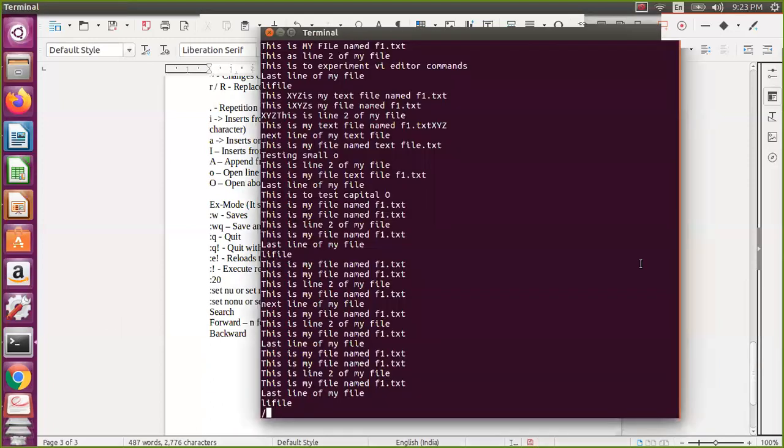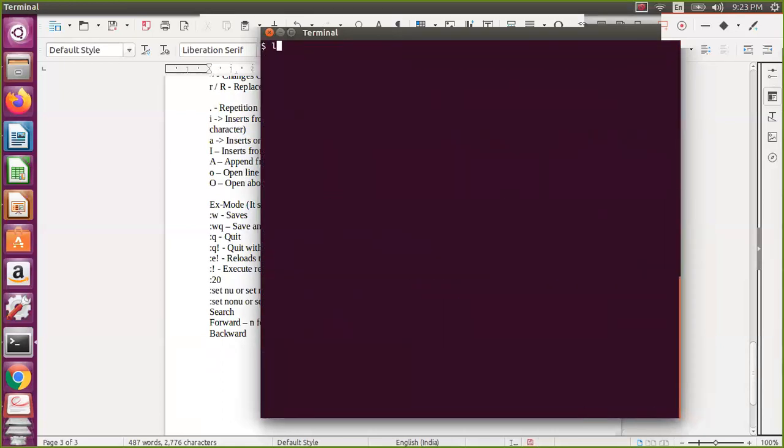Maybe I will take a small file because I want to show what happens once the search completes. Line one of my file. This is line 2 of the f3.txt file. This is line 3 of the text file, something I'm writing. Last line of my file. I have saved this. Now f3.txt, you know that.